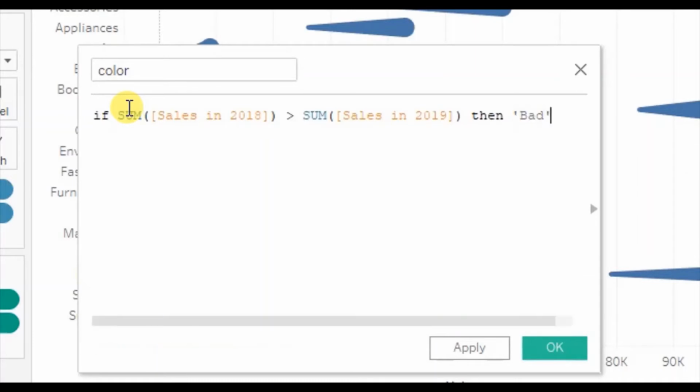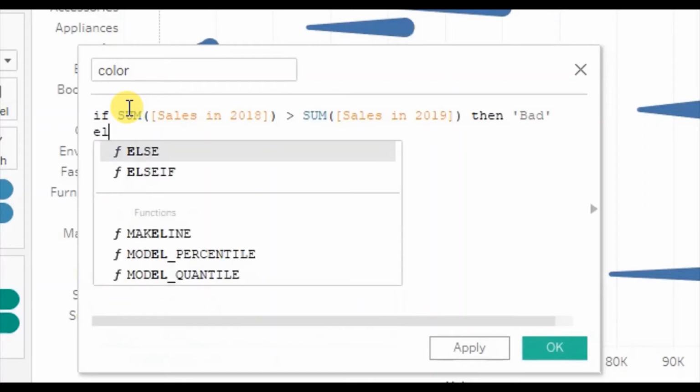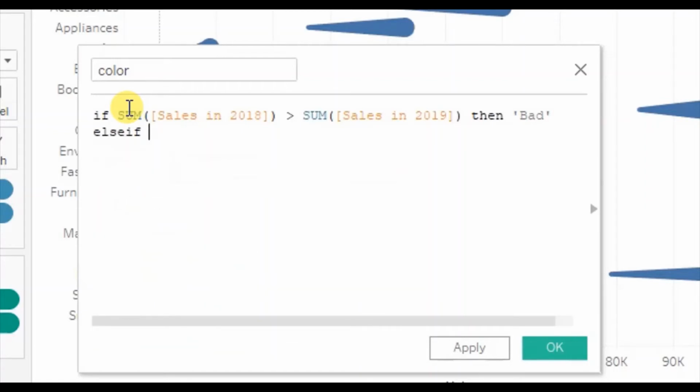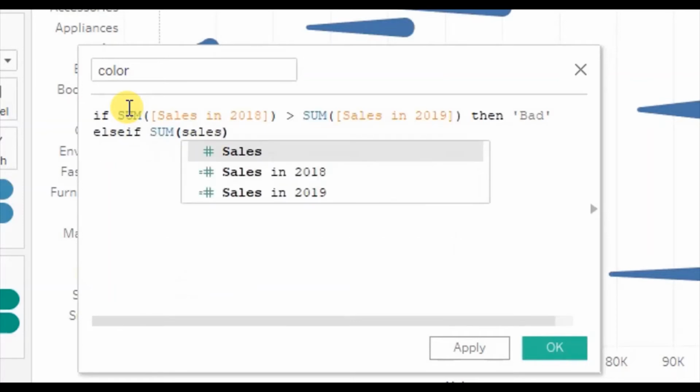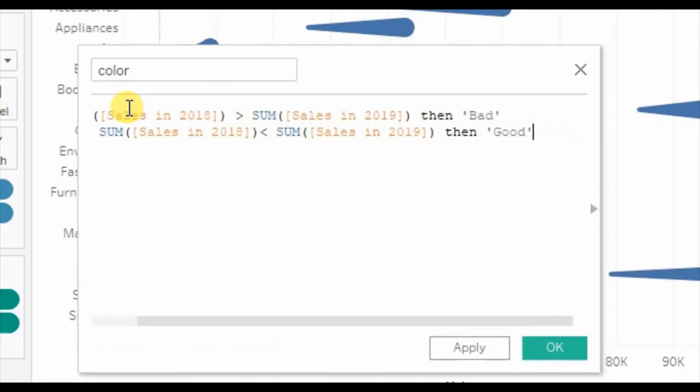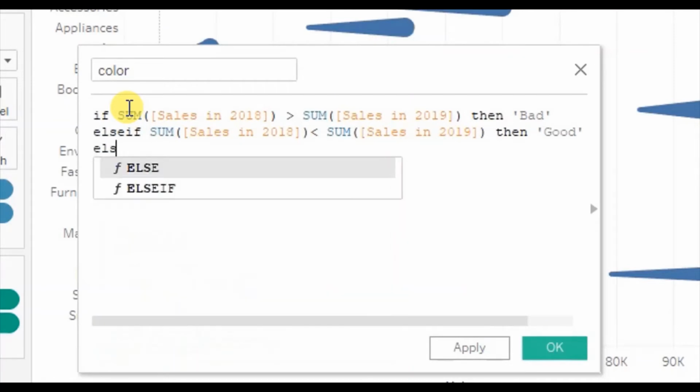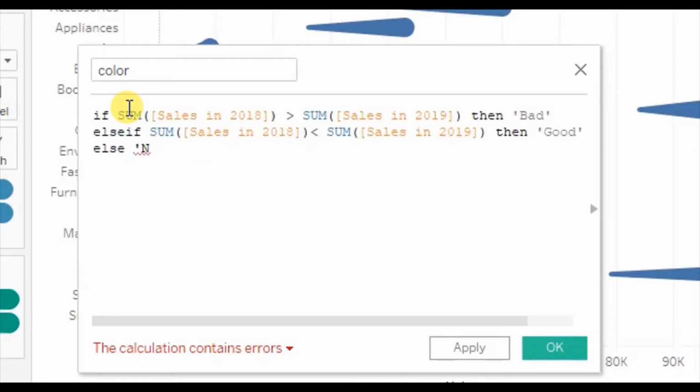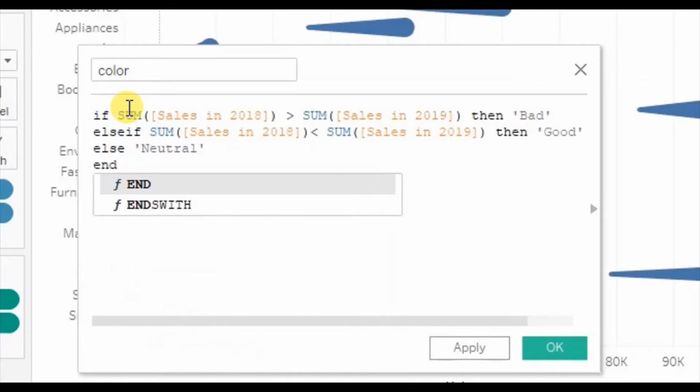You can name anything according to your preference. Else if sum of sales in 2018 is less than sum of sales in 2019, then we call it good. Else we can say neutral when the sales in 2019 is equal to 2018, and click on OK.